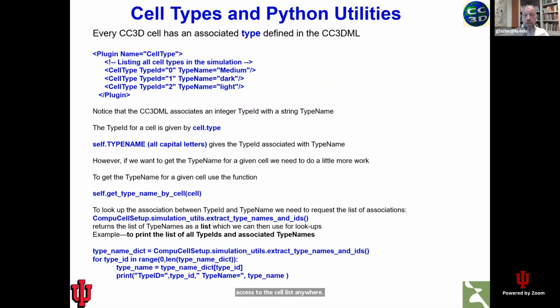As I mentioned, every cell has an associated type. We specify the cell type. You'll see a type ID, which is a numerical value. That's a holdout from ancient days. There's a name of the cell type. Typically, in our older code, you'll see types referenced by number. It's better practice to reference types by name. Cell.type